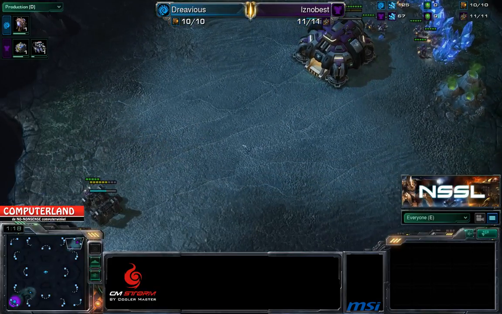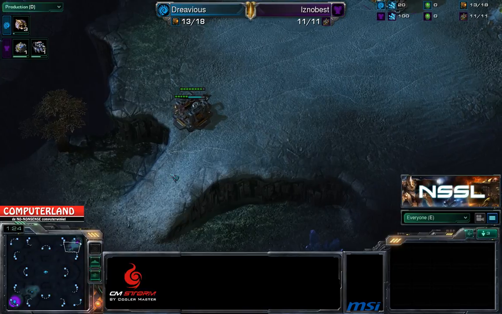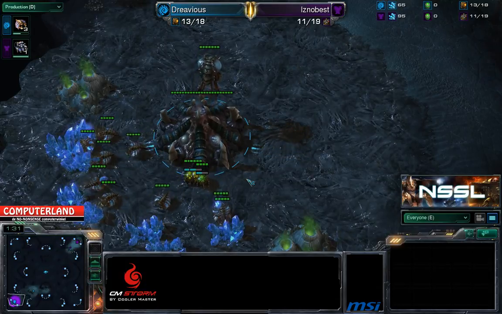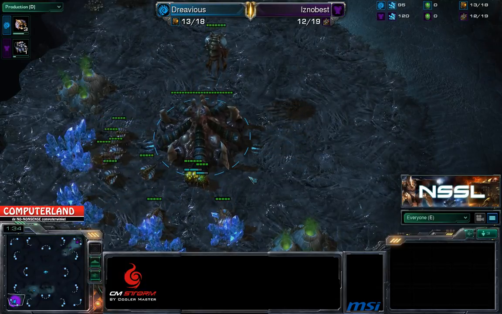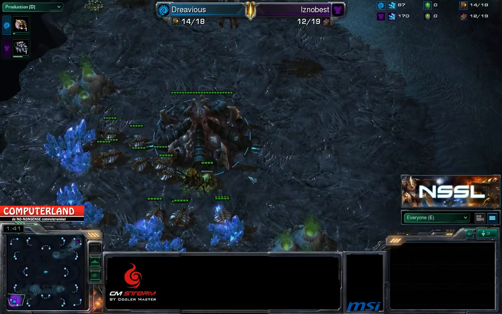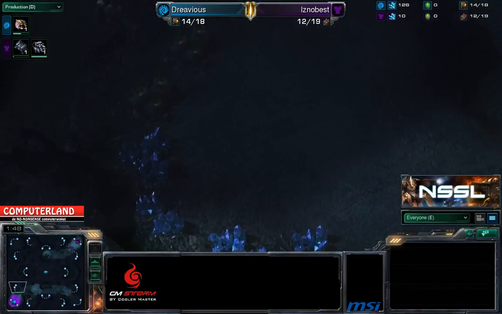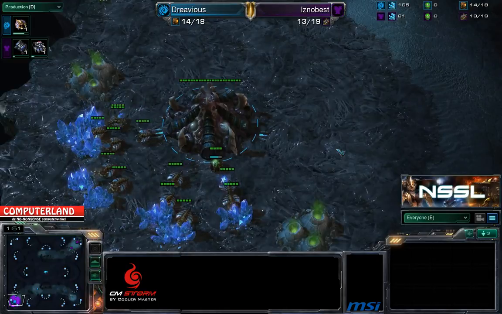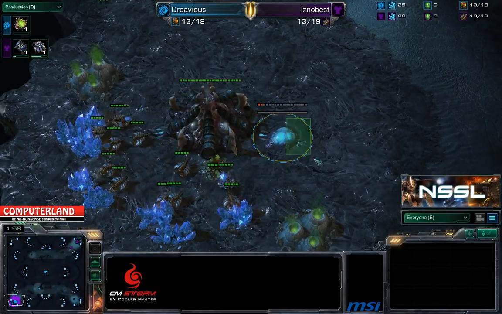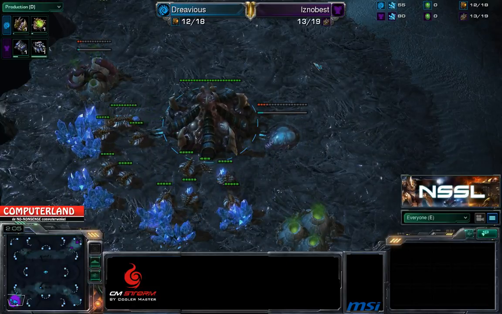So I'm wondering what they're going to do this game. Whether Dreavious is going to macro a bit better or not, we're going to find out very soon, I guess. I'm curious to see what Dreavious is going to do. Is he going to do hatch first as he wanted to do last game, or going to do a bit more aggressive build? As we can see, there's a spawning pool going down on 14 and the extractor on 13,